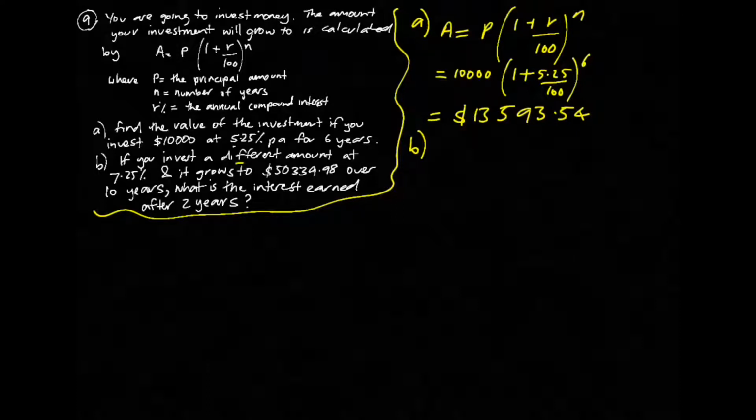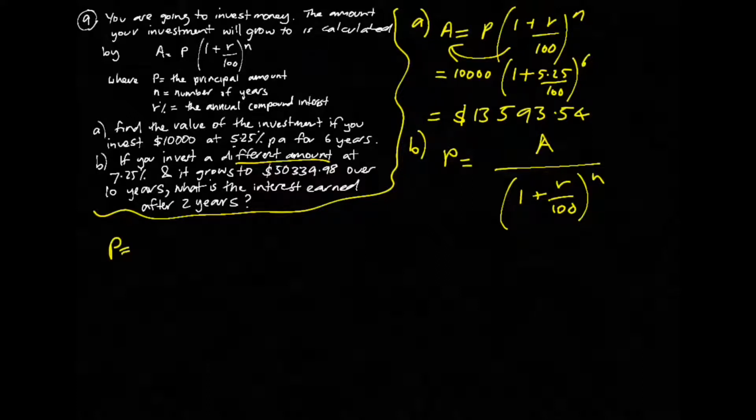So we need to know the different amount, which is the principal, so we need to rearrange the equation. What we can do is bring this over to divide. So P is equal to A divided by (1 plus R on 100) to the power of N. Substituting in the values, P equals A, the new value, so that's 50,339.98 divided by 1 plus the interest rate, 7.25 on 100,